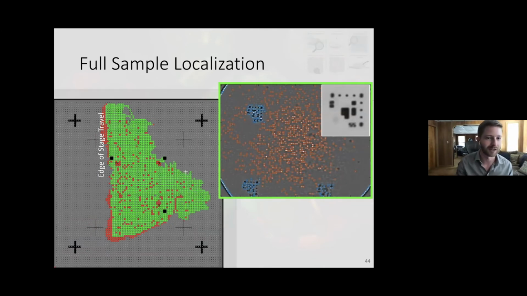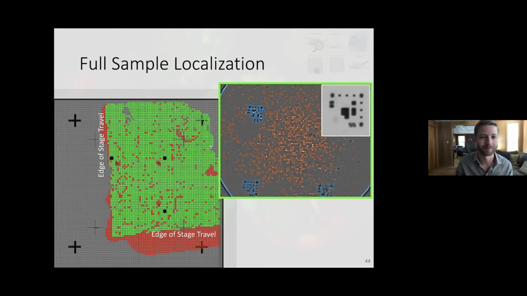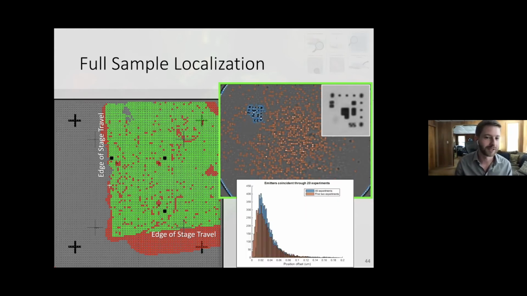And so this process might take about a day or so to complete an entire diamond, but gives us up to even 500,000 defect centers that are located relative to our global coordinates on this diamond. And we can see just how accurate it is by repeating this measurement, by moving the diamond physically in space under the microscope. And we actually get about 20 to 30 nanometers accuracy in getting the location of these on our global coordinate system, which is more than enough to be able to pattern our quantum devices on top of them.